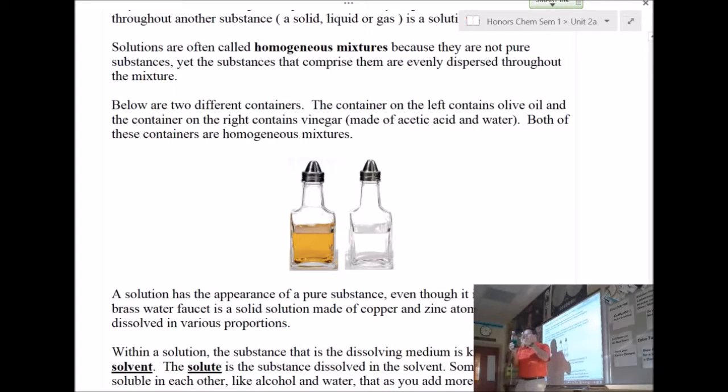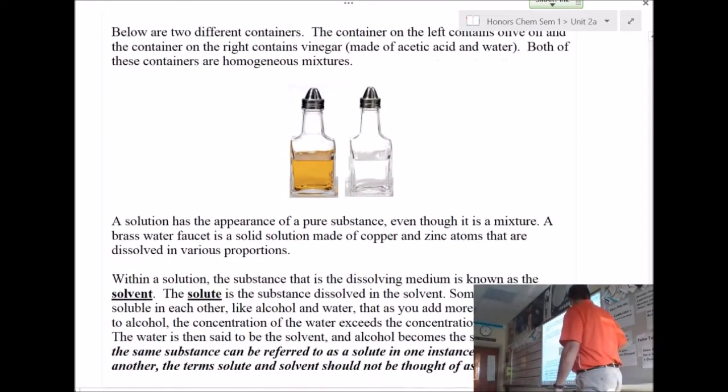So oil doesn't care for the food coloring or the water, and if I shake it up, it looks kind of delicious there, and actually it got lighter in color. But will this eventually go back to this? Yeah. Okay, so we have to give it some time. That's one reason why, if we have salad dressing, we mix these two together, we have to shake it up, because they don't like each other. And that's okay.